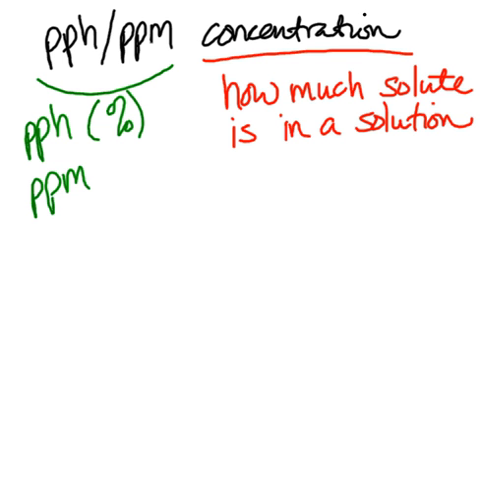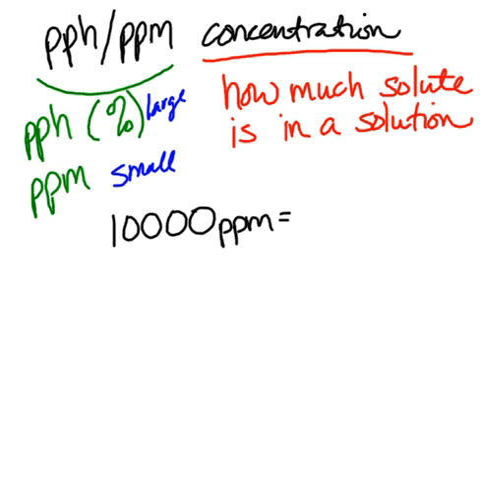Usually parts per million is for small concentrations, and parts per hundred, or percent, is for large concentrations. Now, they're units, just like anything else, which means I can have an equivalency statement, and we can use dimensional analysis to convert between one and the other. And this is your relationship: there's 10,000 parts per million in 1%, or part per hundred. So if I ever gave you a parts per million concentration and said I want you to convert it to